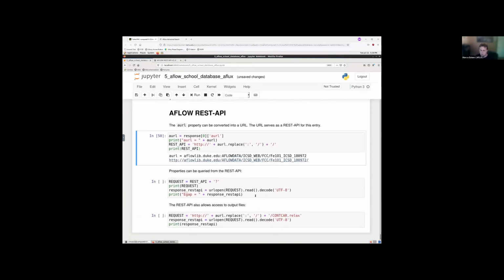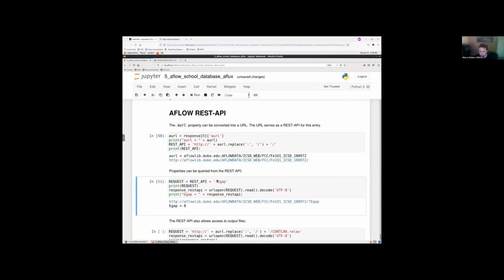That's not the only thing that it does. You can actually query that particular REST API. You can query that page, which you can't do with a nicely formatted entry page. So let's, for example, query egap. And you see that this particular iron oxide has a band gap of 0. We can verify that by plainly looking at it. Here, egap is 0, and you can query this property here